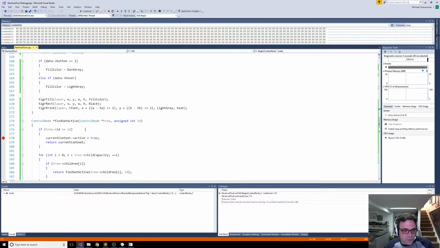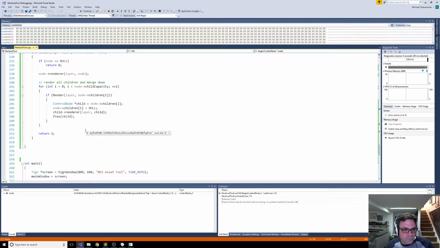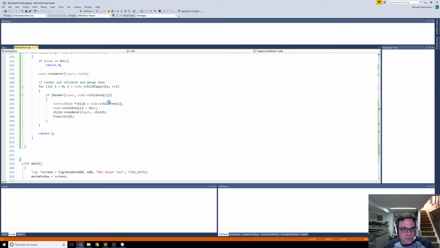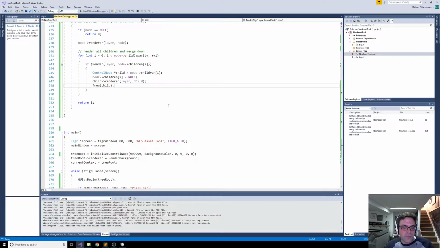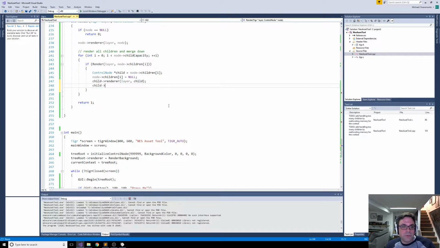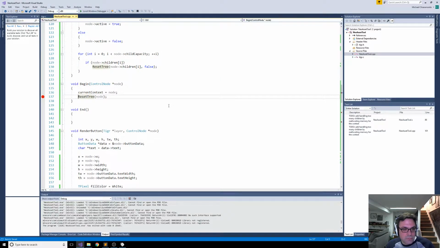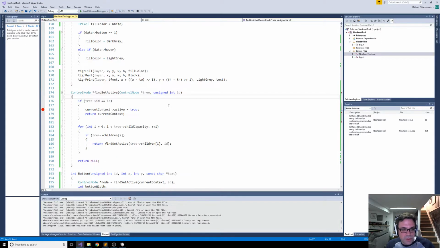Why are there no children? Is it still deleting the children? Yep. Okay, so that's still deleting the children. We want to change that. Oh, actually, you know what we can do? We don't even have to clear it out every time, we just say active equals false. Then we don't have to do any search, because